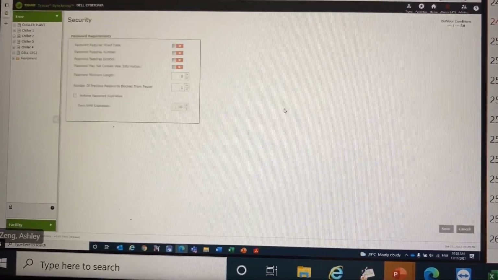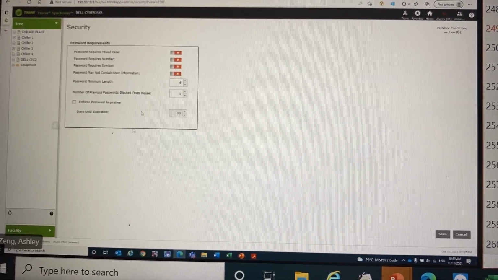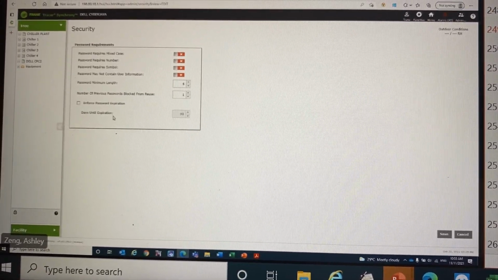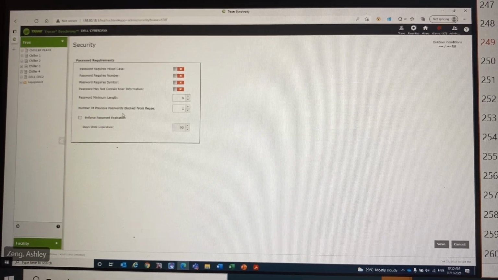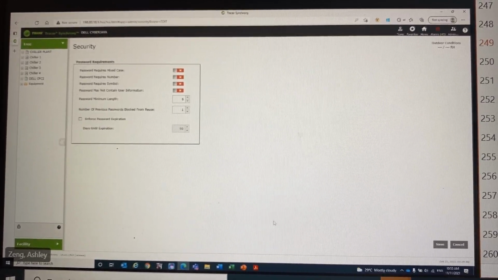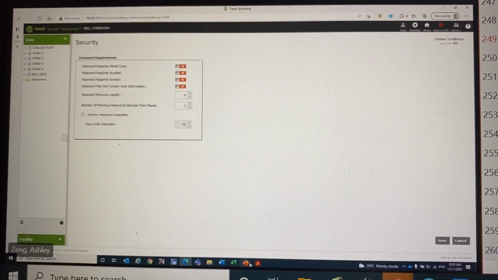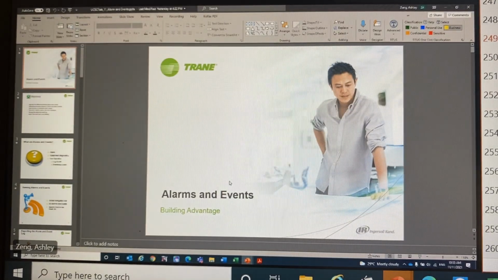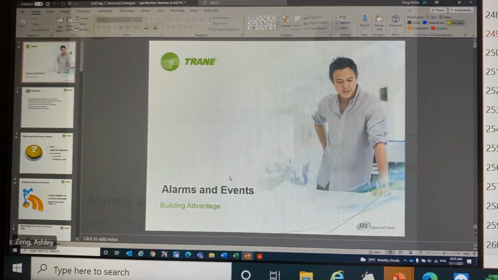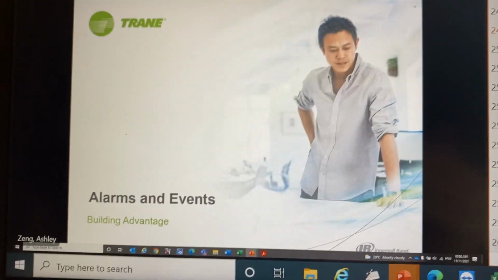Then for security, whether for your passwords you want to enforce password expiration, then you have to check on this box. So that's pretty much on our users. Okay, so I think on user accounts, you all don't have any questions, right? Or anyone has